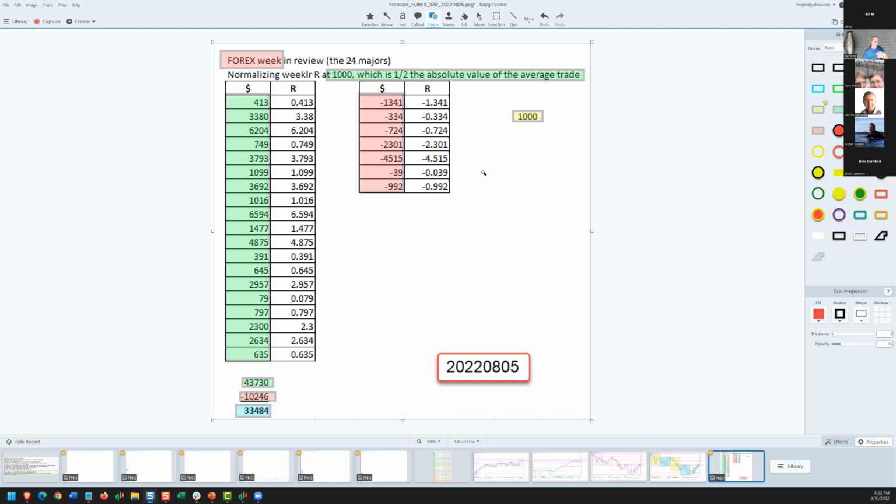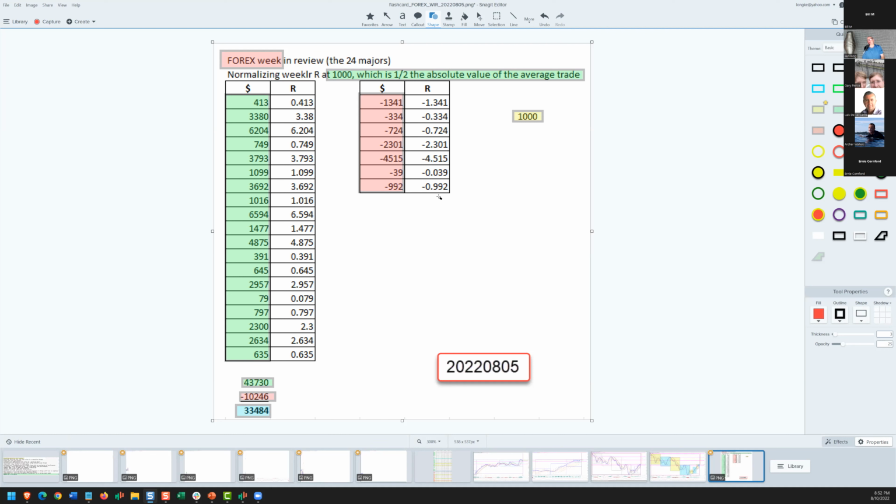risking $2,000. The winning trades were 43,730. The losing trades were 10,000. So if you count that, 1, 2, 3, 4, 5, 6, 7, 8, 9, 10, 11, 12, 13, 14, 15, 16, 17, 18, 19. So 19 winners,